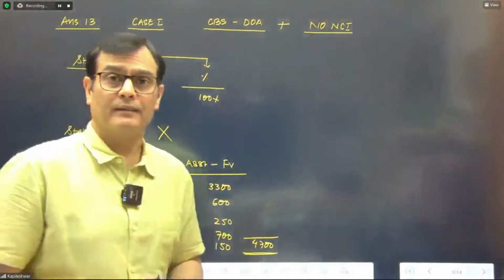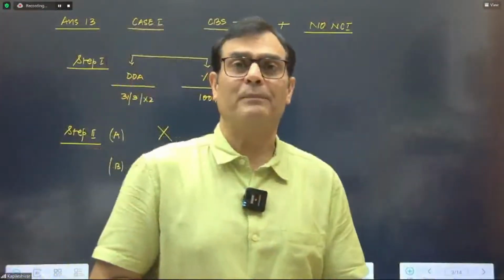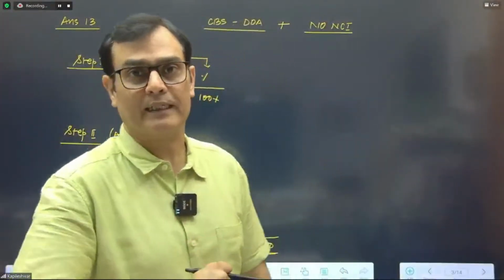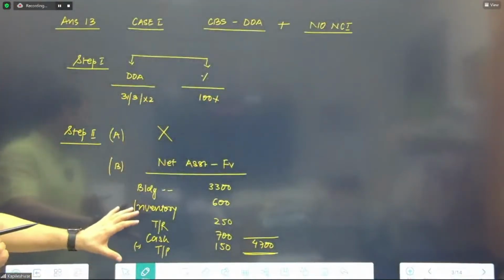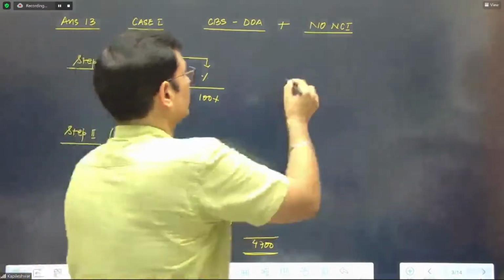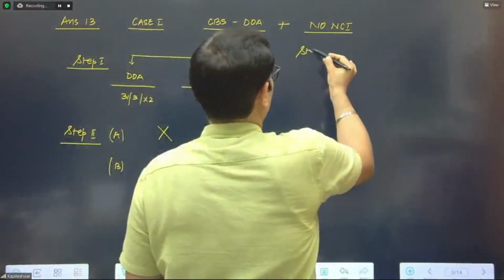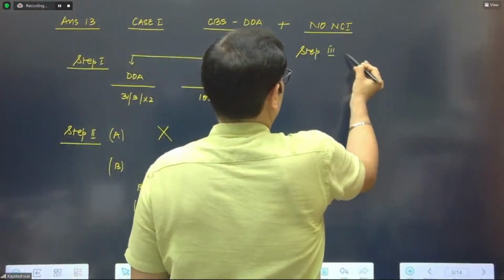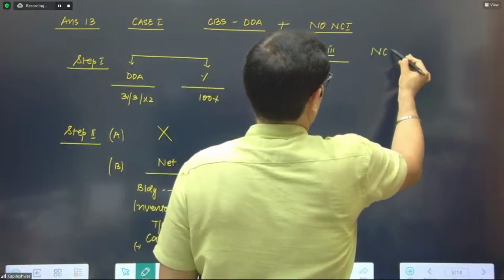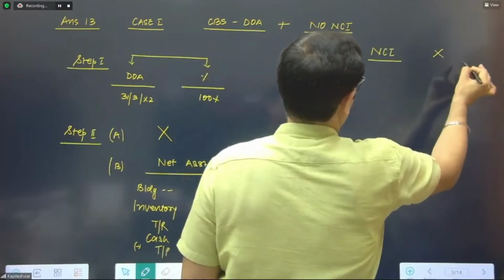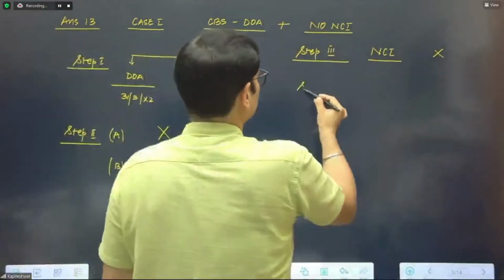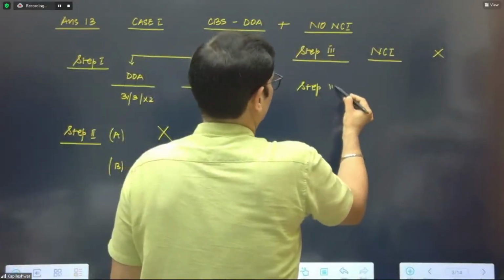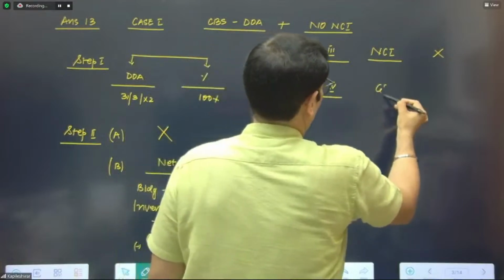A was not required because we are already given the balance sheet of the subsidiary on acquisition date, except that when you organize the list, you need to take things at fair value. Okay, then we go on to step number 3. And in terms of step number 3, there is no NCI, so nothing is to be computed in step 3. Then you go to step number 4,